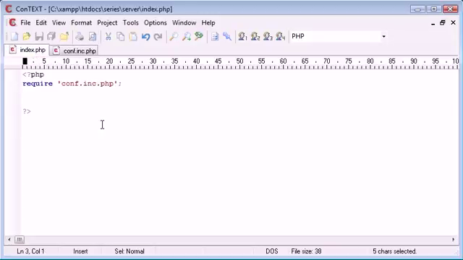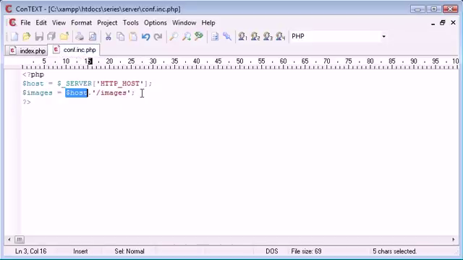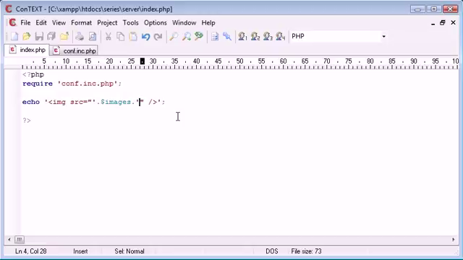So what I could then do is inside my file say echo, and create an image here, source equals that, and say, right, what's the location of this? So we've created this images variable, if you like. We can append on images, and then put the file name afterwards. So I could put another trailing slash on there, and say images and then